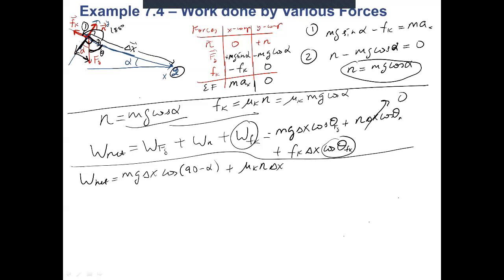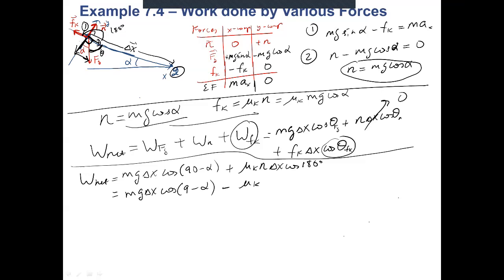So this guy here is cosine of 180 degrees, because friction is opposite of the displacement. Remember, cosine of 180 is -1. So I end up with mg delta x cosine of 90 minus alpha, plus, cosine of 180 technically gives me -1, so minus, then mu k for the